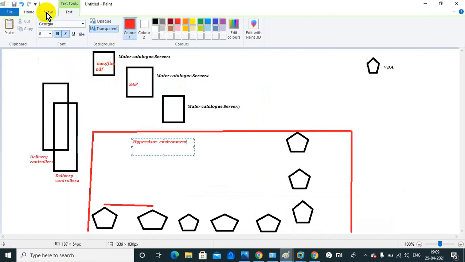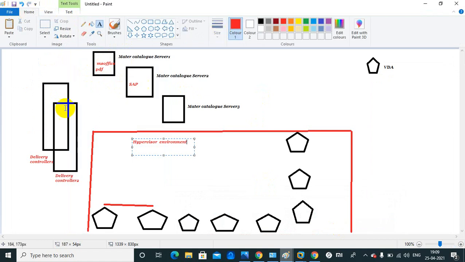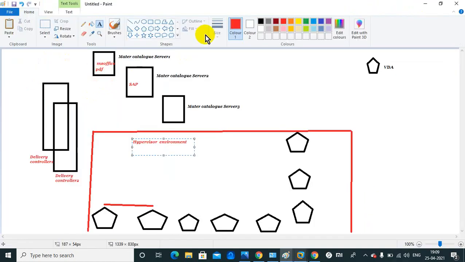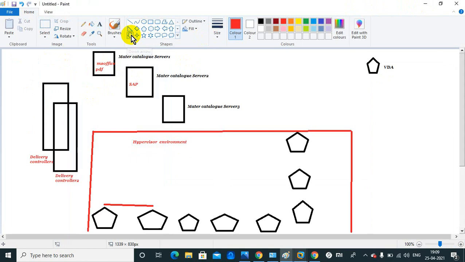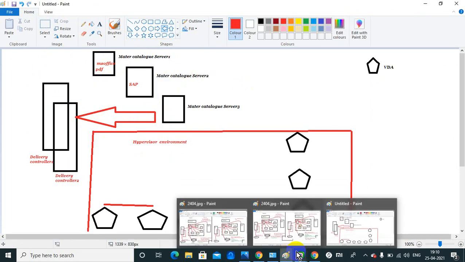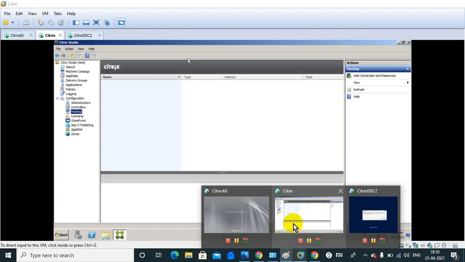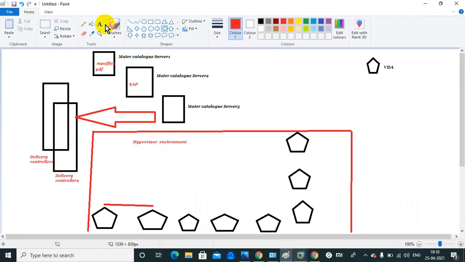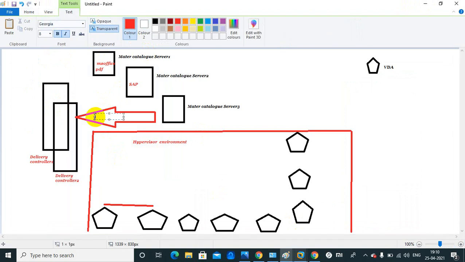So it looks like this. Through the option you have seen here, machine catalog. Again, see the option is machine catalog.